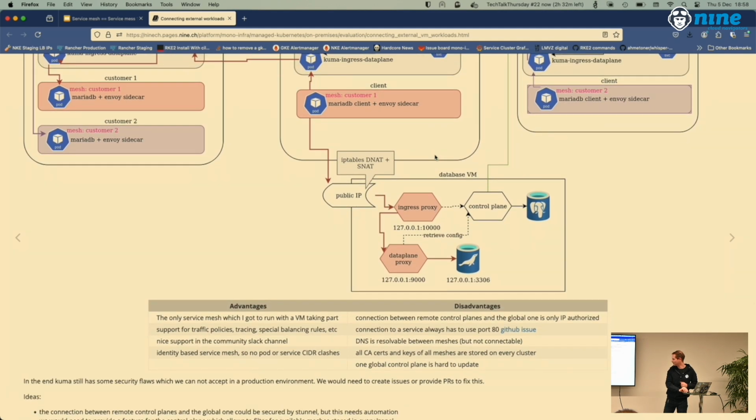And yeah, connection to a service always has to use port 80. That was also interesting if you don't have a web service that you want to connect to. DNS is resolvable between meshes, but not connectable. Like if you have multiple customers, right, and then the DNS is resolvable. Yeah, it's interesting. And another security-related one was that all CA certs and keys of all meshes are stored